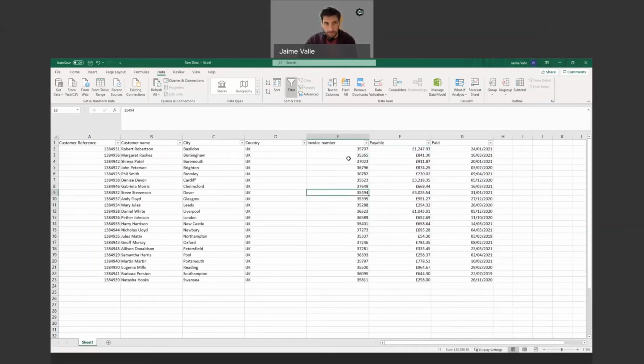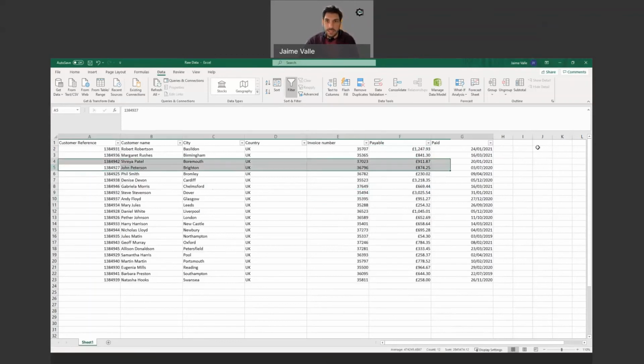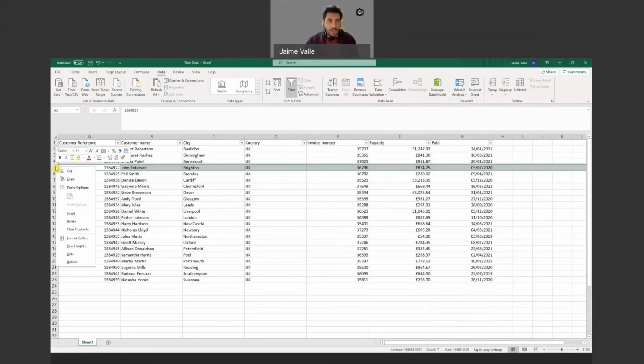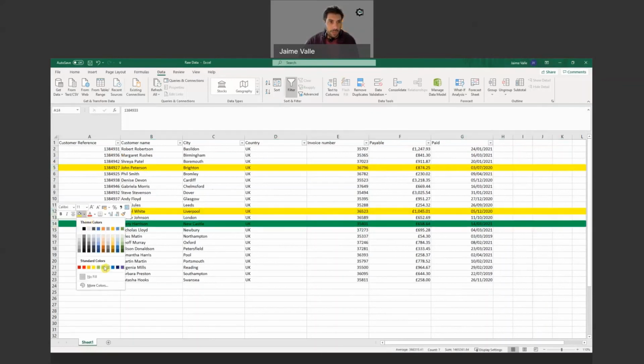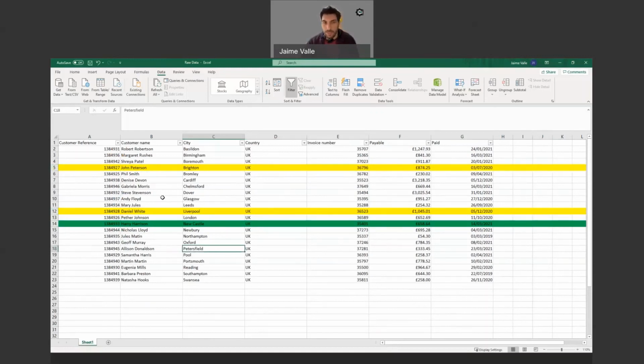There's something else you can do. For example, some people in sales, some people doing some work on the phones, they may use colors. So maybe for some reason, I select this line and I want to put it in yellow, and this other in yellow as well because it's in progress. But this one, I'm going to put it in green because it's already paid. I don't know, whatever the reason. So I've got my color code table with my data, and I know who to call first. That kind of example is very common.